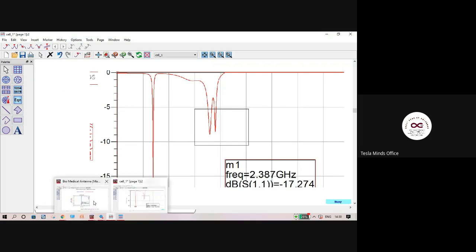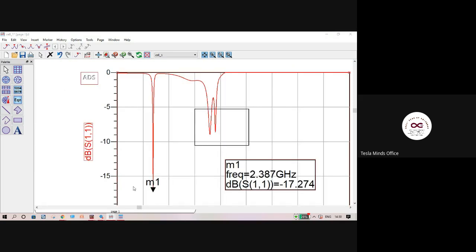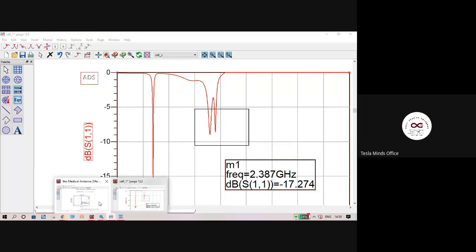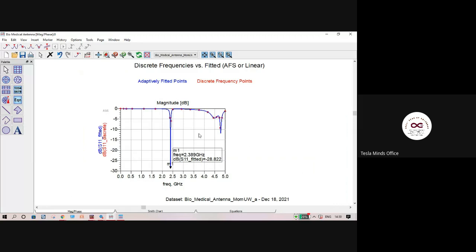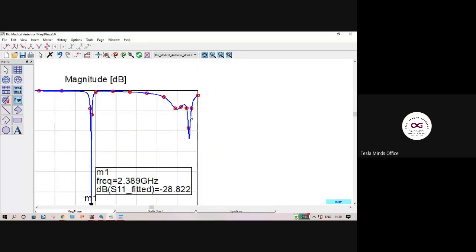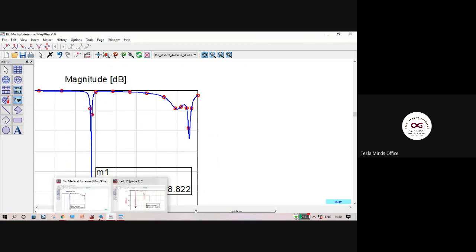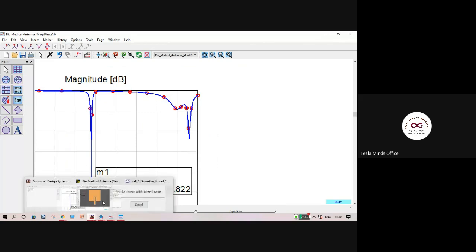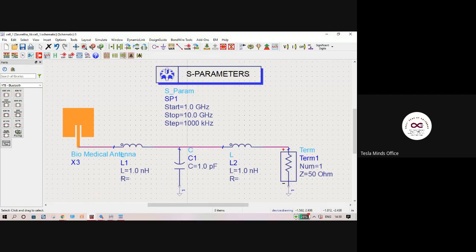Right. So in this image, you can see, and I'll show you that. In the simulated graph, we saw that frequency response in that range is less than minus 10. Right, so you can see it's less than minus 10. To avoid this resonance frequency, we have included a filter in the antenna using this one particular step.